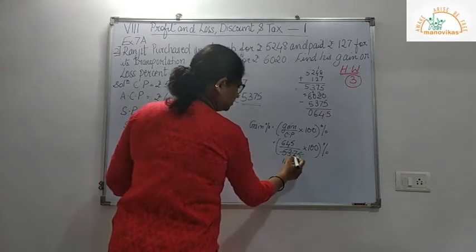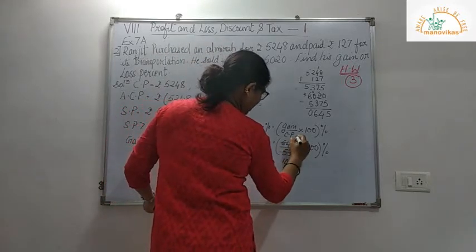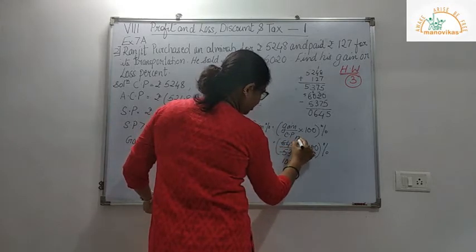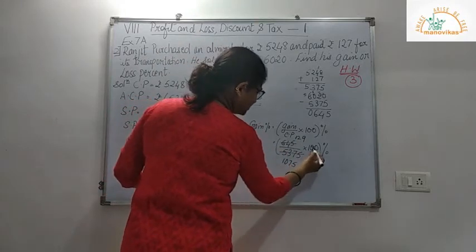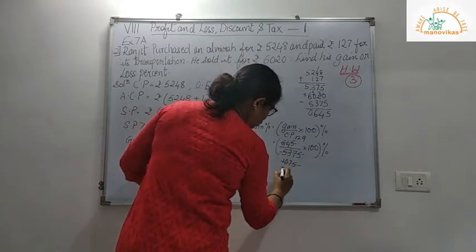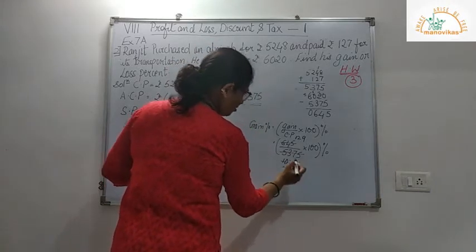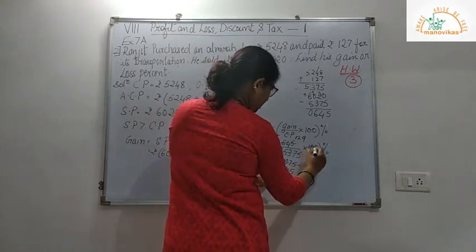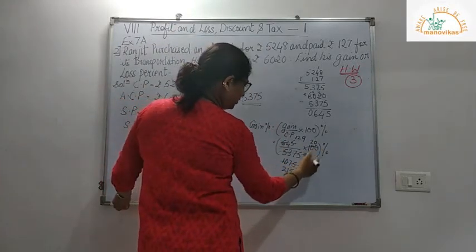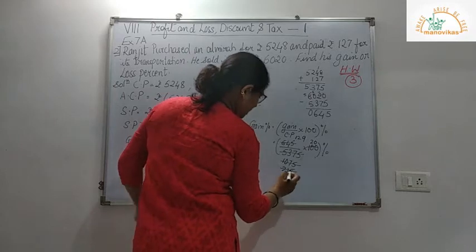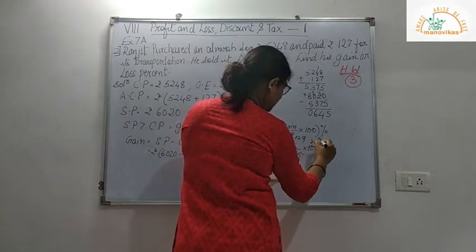5 sevens are 35, 5 fives are 25. So here again 5 ones are 5, then 5 twos are 10, and 5 nines are done. Now I cancel this out with this. So 5 twos are 10, 5 ones are 5, then 5 fives are over here, then again here 5 twos are and zeros are. Again I can cancel it out with 5. 5 fours are 20, 5 threes are, and 5 fours are.